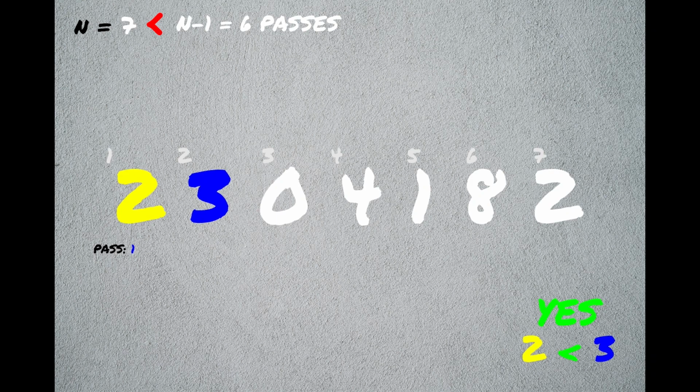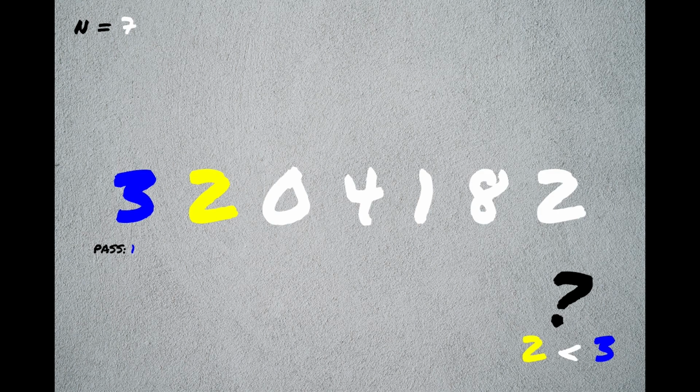Let's look at an animation of the selection sort algorithm being run on this list of numbers to get a better understanding of how it works. As previously explained, let's take the number stored in the first position of the list, which is 3, and compare it to all numbers stored in the subsequent positions of the list, ultimately storing the smallest number in the first position of the list. So first, we will compare it to 2, and since 2 is less than 3, we